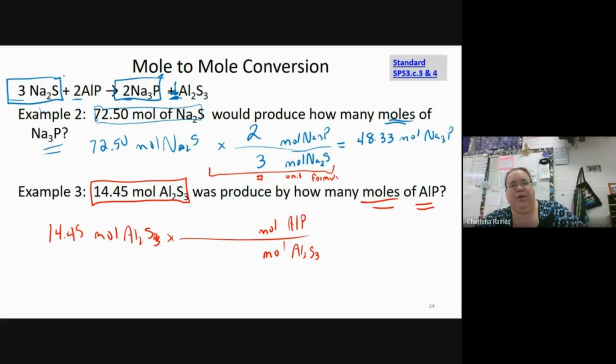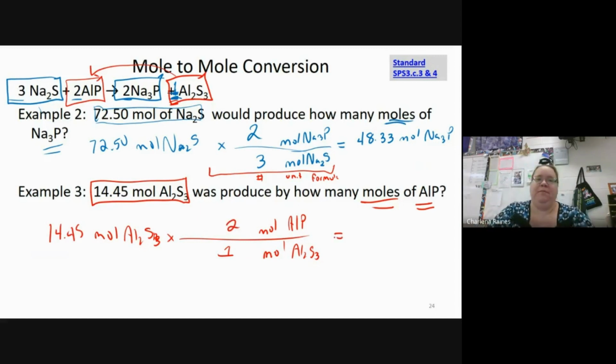I look at my balanced equation, and for this one, I am focused on the aluminum sulfide and the aluminum phosphide, and I'm going from product to reactant, which is fine. So I'm going to put that 1 on bottom because there wasn't a number in front of that last substance. So it's an understood 1. And on top, I'm going to put my 2 because the 2 is the coefficient for my aluminum phosphide. And handy dandy calculator gives me